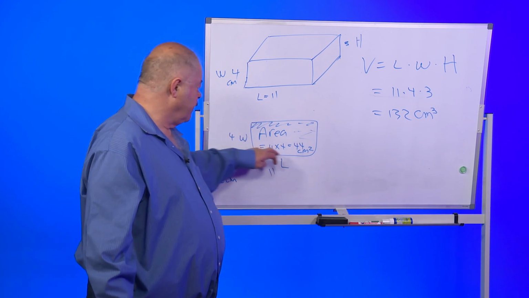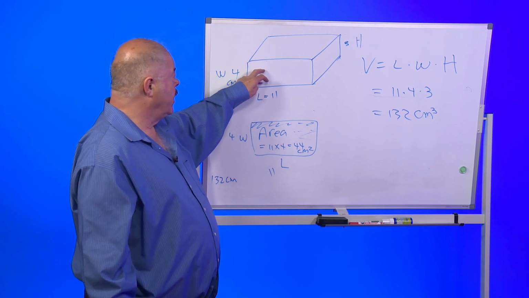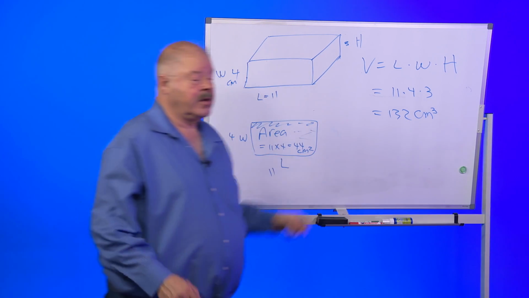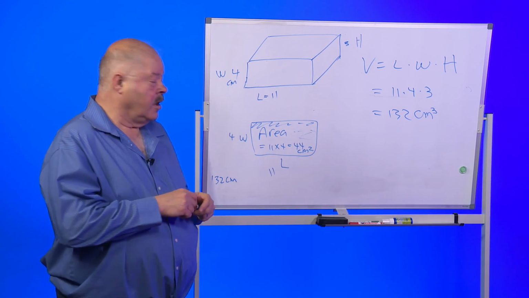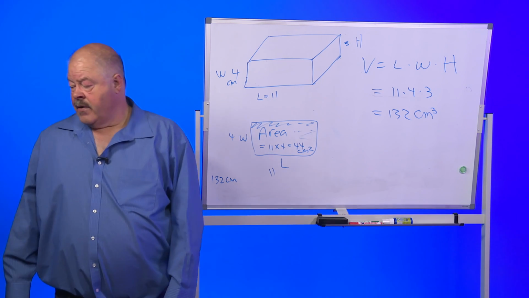That would be the area of that rectangle. But a rectangular prism has cubic units. All right, when we come back, we will look at the volume